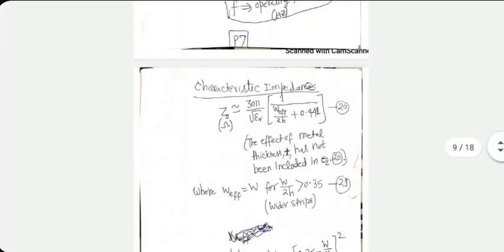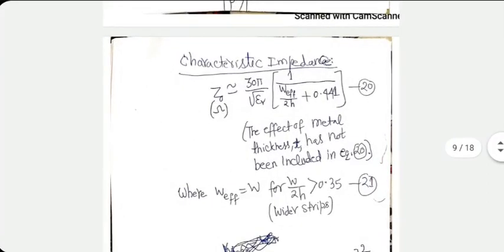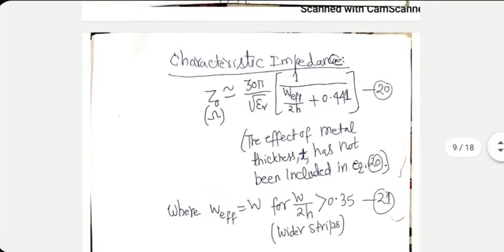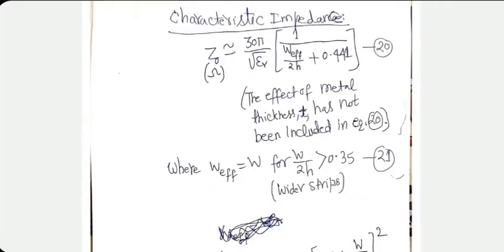Characteristic impedance formula has been derived after spending a lot of research effort. And this is the approximate formula that is recommended. Nobody can remember these formulas. I am aware of that. Don't bother remembering. These formulas will be available to you. Important thing is to apply them correctly. First of all, in this formula, the effect of metal thickness has been ignored. Fair enough, nothing wrong with it.